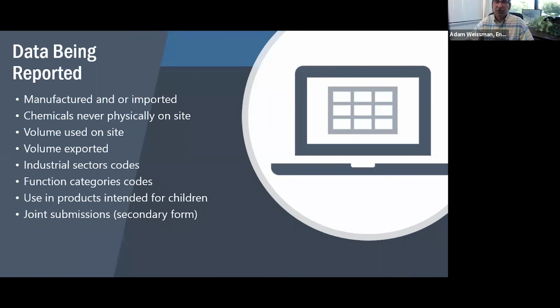You can also do joint submissions where two people are responsible for the submission, or even situations where the non-U.S. manufacturer does not want to give you the sufficient level of detail to make the report. There's also confidential business information that can be labeled as confidential. So there are several things that can also take place here, within the report.